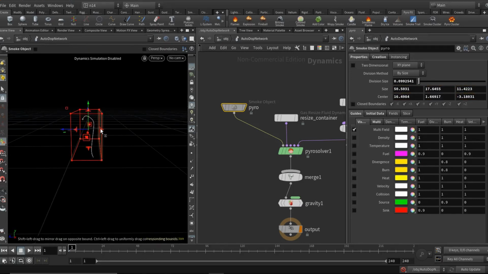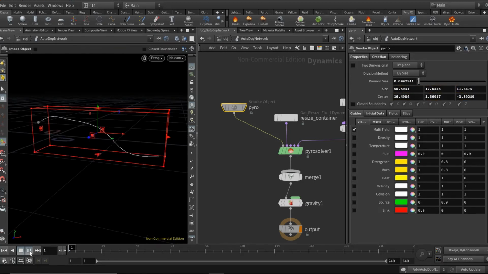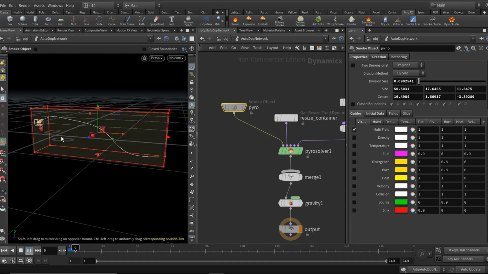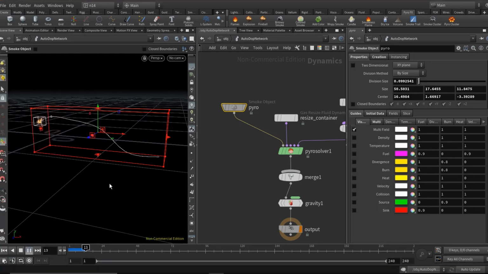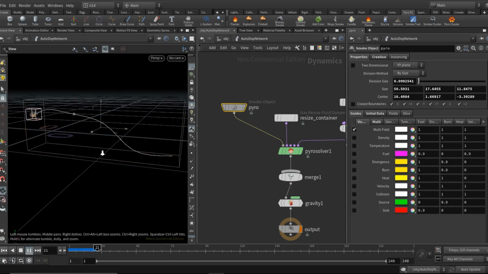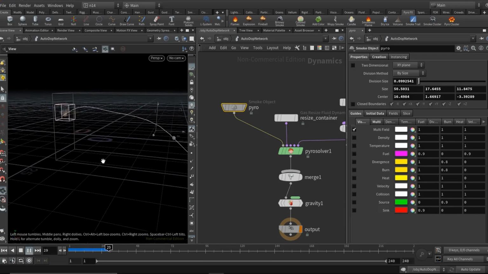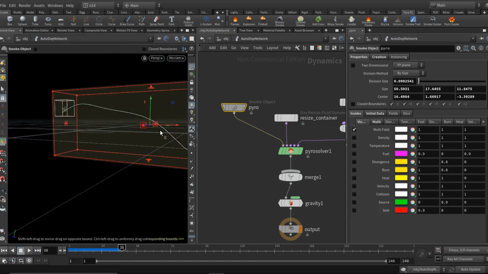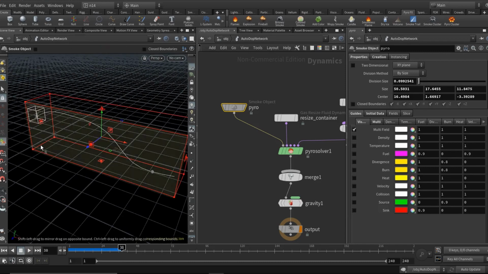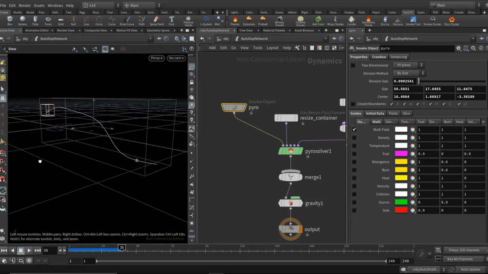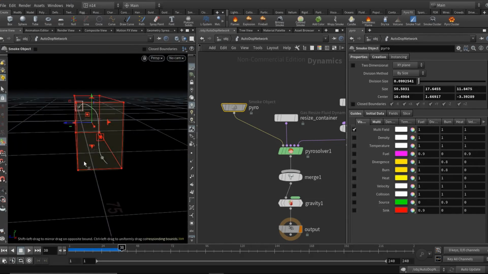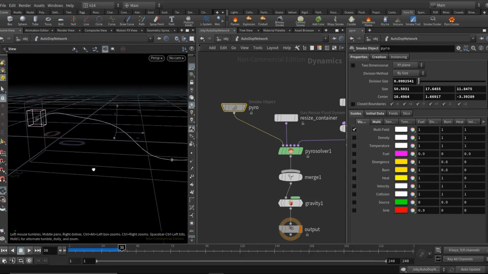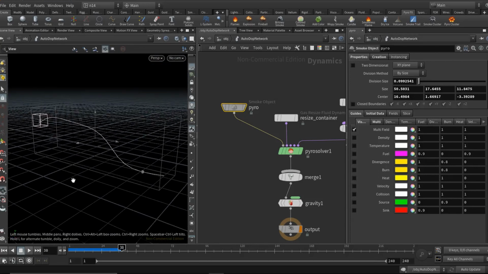Okay, so now as I play the simulation, this is giving me the results, but obviously one thing you might have noticed is that the size of this smoke object is such that even though we want the simulation to happen only around that path, a lot of voxels in these areas are being wasted. Even calculations in these areas are being done, and as such it's going to become very harsh on your system memory. It's going to take a lot of time.